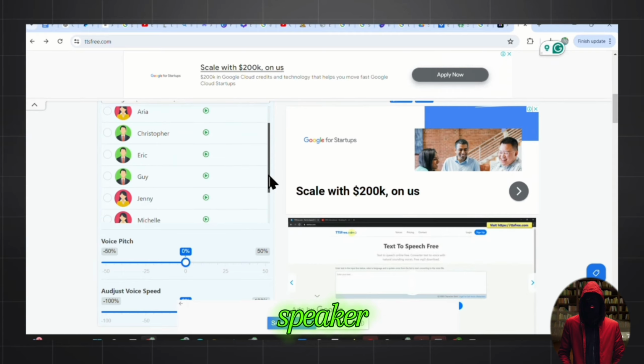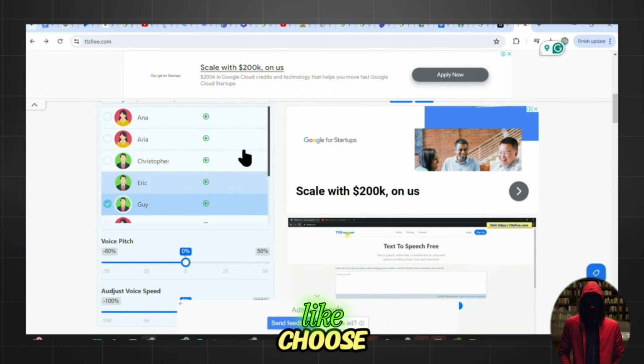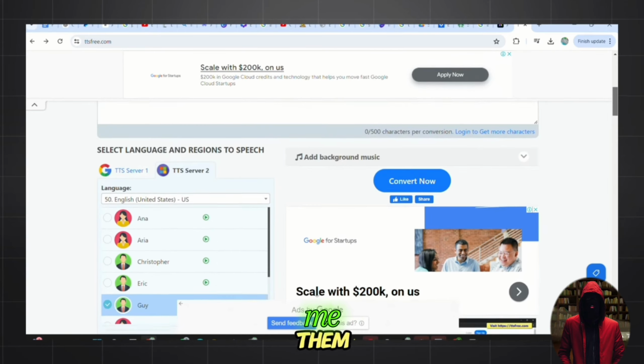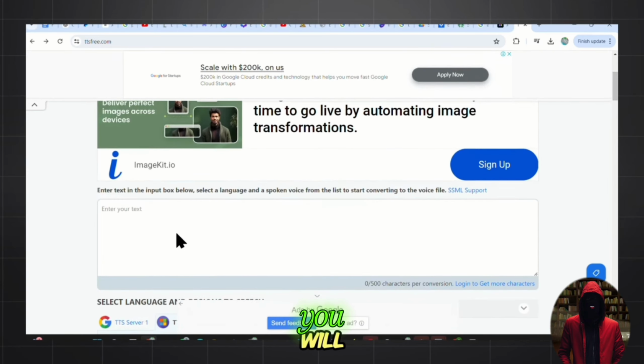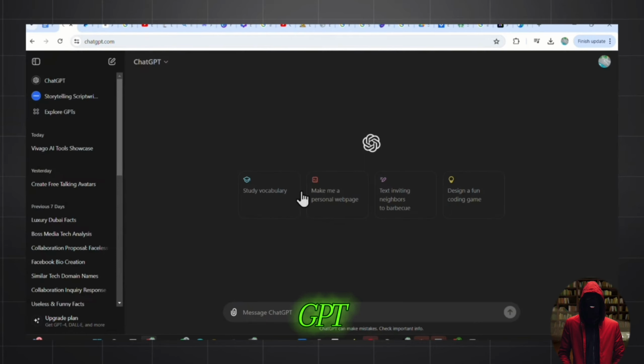So just go to the speaker section and choose a voice that you like by previewing them all. For me, I will choose this speaker guy. You may ask what audio I am generating, and here it is. I just went to ChatGPT and asked it to give me 5 funny and relatable jokes, and as usual ChatGPT